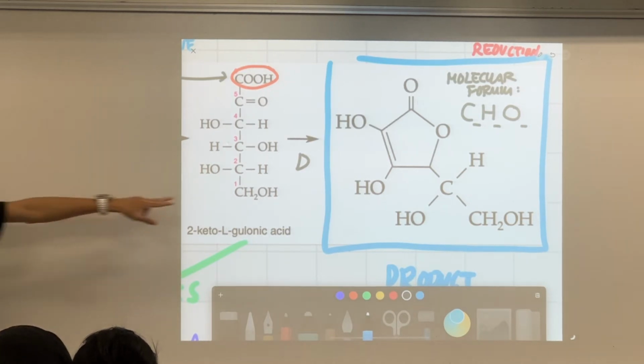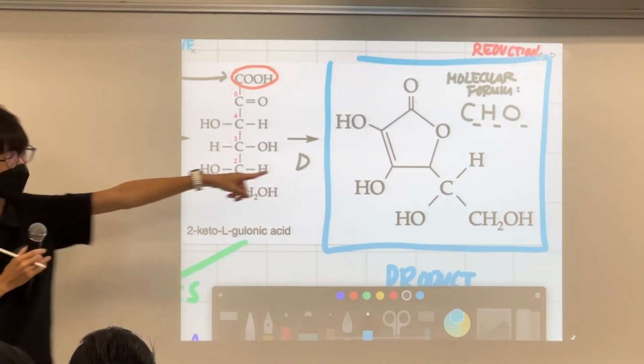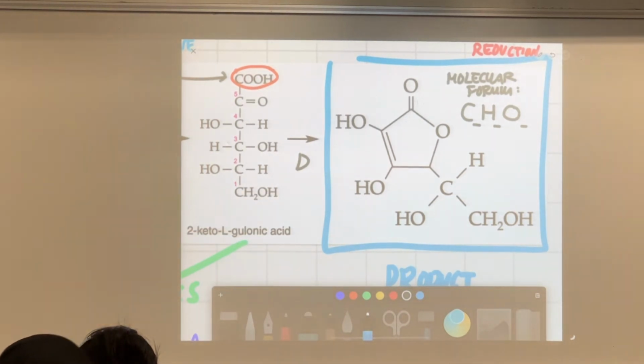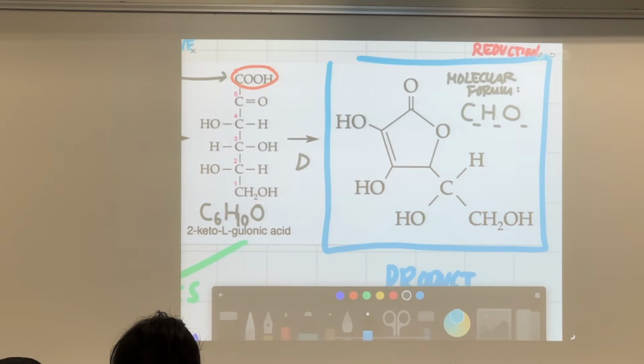For this one, I will write it for you. I don't think anyone would count this incorrectly because every C and every atom is shown to you, but not here. Some of the atoms are omitted, and you have to count them. So let me just put down how many C and H over here. I'll give you some time to check this out. So you have 1, 2, 3, 4, 5, 6, so C6. H10. 1, 2, 3, 4, 5, 6, 7, 8. Yeah, there are 10 hydrogen here.